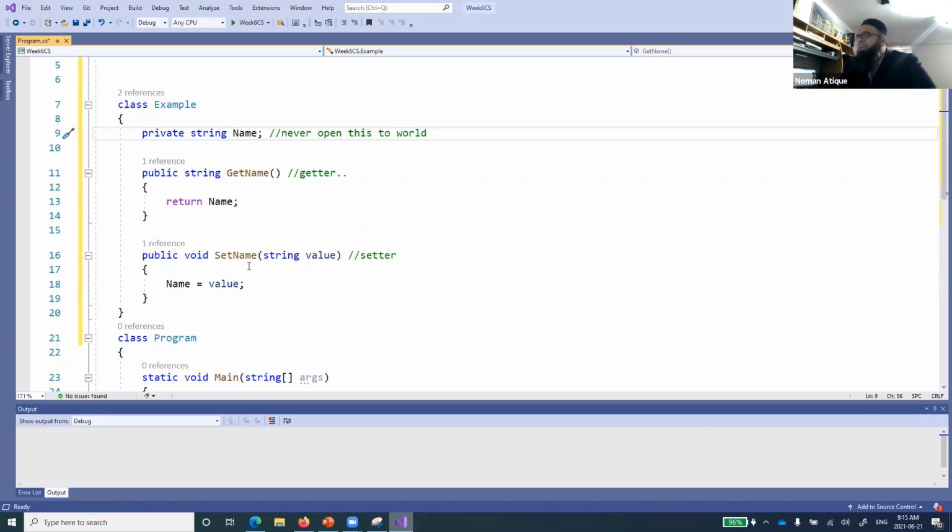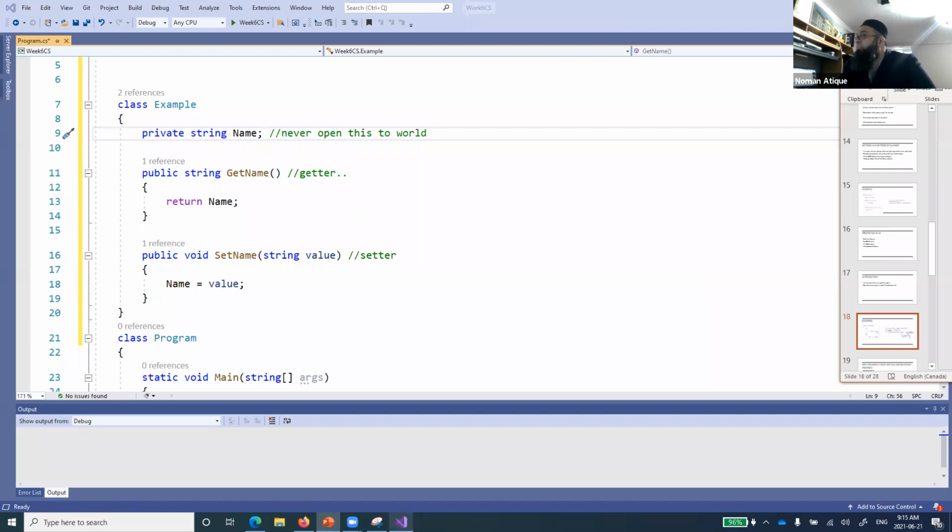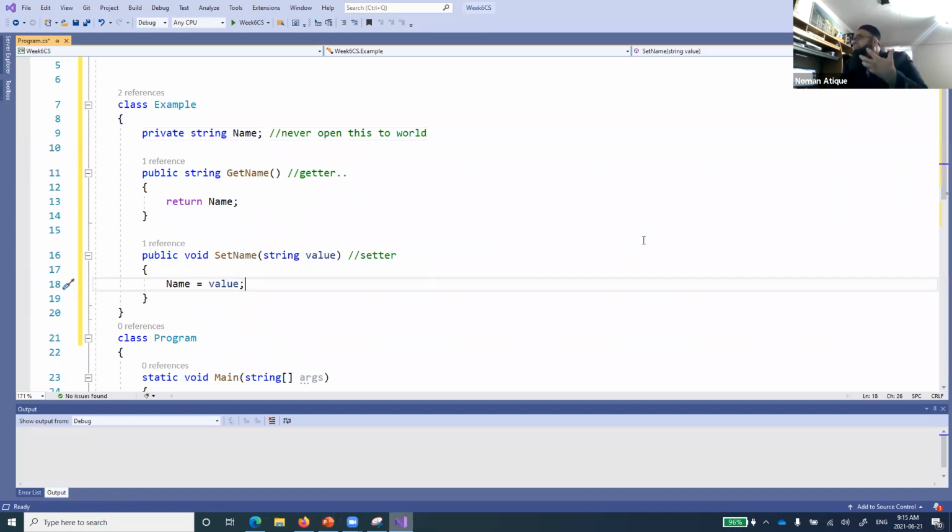And there is a public method, set name, which takes a value and sets the name to that value. The name we are using here is a private member of this class. So for hiding the fields from the world, we only show the getters and setters to the world.